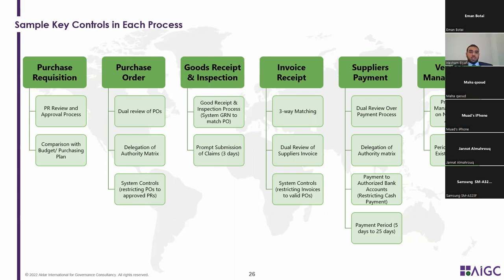For vendors, usually there is some kind of periodic review, a periodic assessment. There is also a review of the information before it's added and so on. All of these are key controls when it comes to the procurement process. Now, having this understanding of the key risks and the key controls, we will be developing a continuous